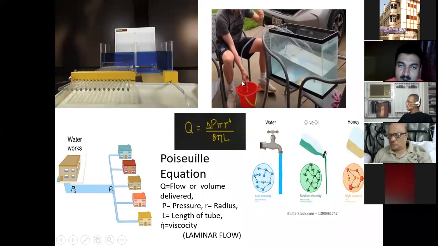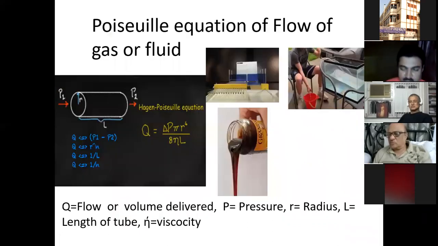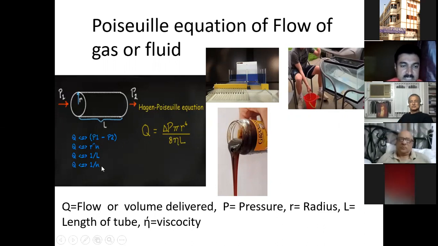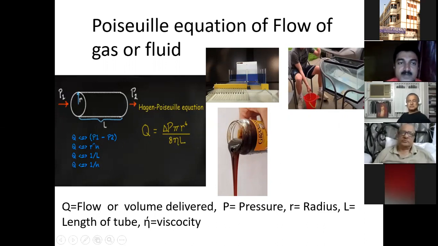So I will give one example each in different respiratory diseases. This is my first slide, and this is the continuation of the first slide: flow, or Q, is directly proportional to the pressure difference across these 2 points, especially in a straight pipe. Then flow is directly proportional to radius. Then flow is inversely proportional to length. If length increases, flow reduces, and flow is inversely proportional to viscosity. If viscosity is increased, flow is reduced. So these are the 4 basic principles of Poiseuille's equation.